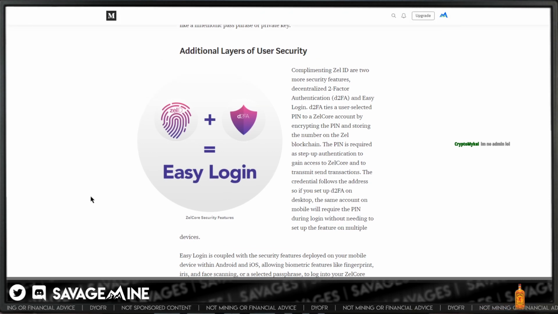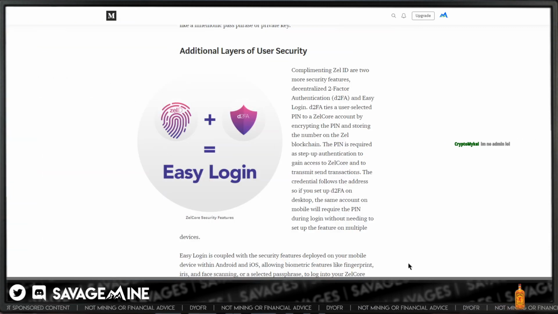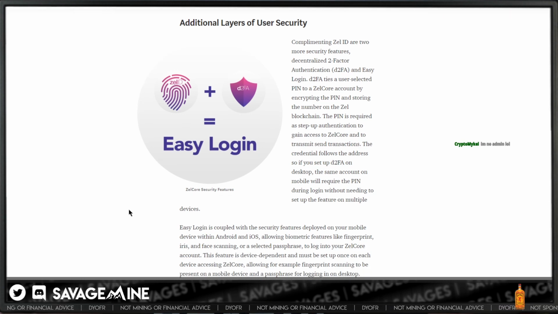So for example, if you have D2FA on your ZelCore wallet on your desktop, whether it's the portable or the actual installed version, and you have registered that account on a mobile wallet, then that D2FA, that PIN number they're talking about right here, is going to follow that account from device to device if you're logging on with the same username and the same password.